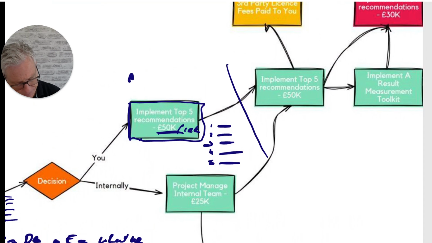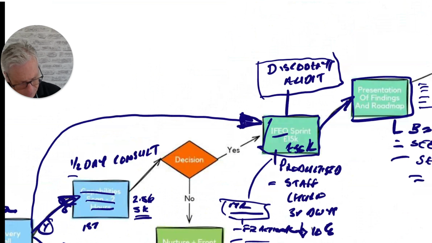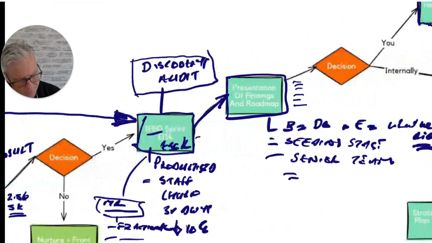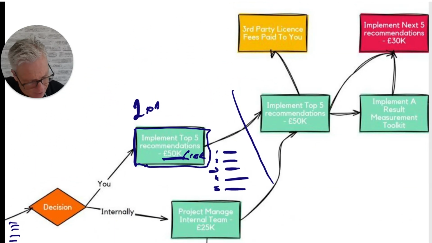So if you think about it, that might be your first sale there to do a half-day consult. And if that is, then that is your second sale. Or that could be your first sale. And then in which case, this is either your second sale or your third sale. So now you get that done. And again, at the end, you can have a presentation of findings. Yeah, so you close the loop